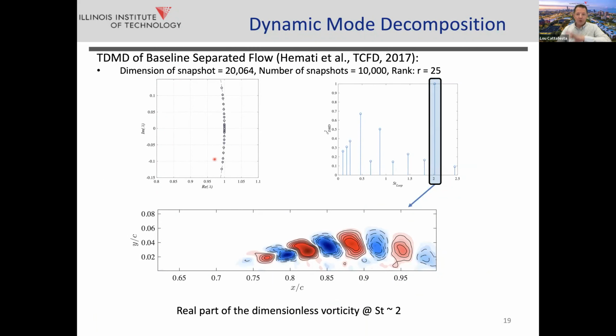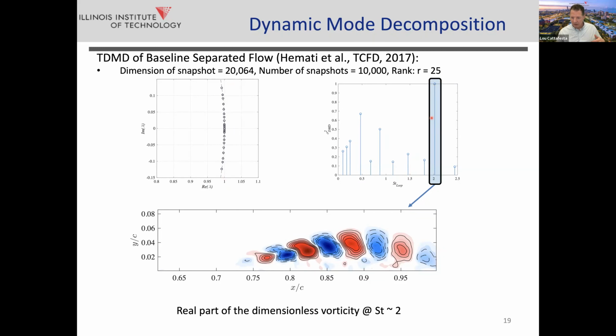Okay, so if we take the PIV data that I showed you, there's essentially the number of measurements times 2 components for 2-component PIV. So you have a dimension, if you will, that's like 20,000. And this is just to illustrate this. If you take 10,000 snapshots, and then we perform what's called total least squares DMD, which reduces the bias in the DMD analysis, and you plot the eigenvalues, and I'm showing you a portion of the unit circle, all of these fall right on the unit circle, which is what you would expect. This is essentially the limit. They're neither growing nor decaying, so they should fall right on the unit circle.